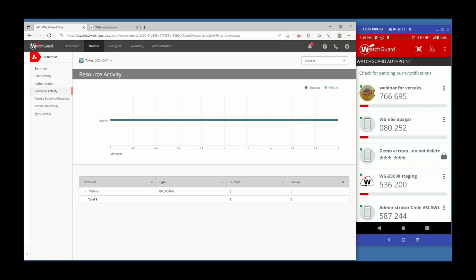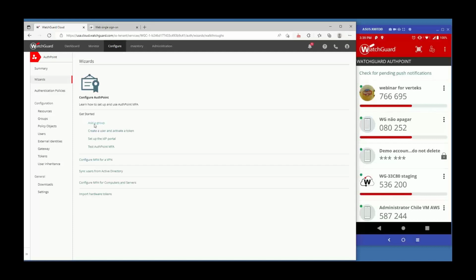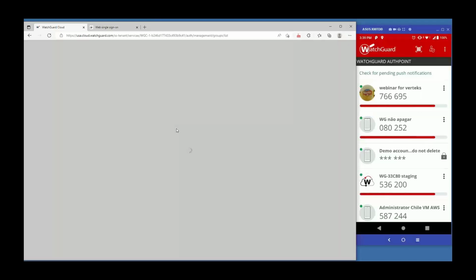Of course, you can have more and more resources, like do a VPN, you do the sync for the Active Directory, lots of advanced configurations, but we also have, sorry, I forgot to show you this, the wizards for that. So here you have wizards and it guides you through the steps, like let's add a group. It's going to show you explanations of each step and it's going to point you,